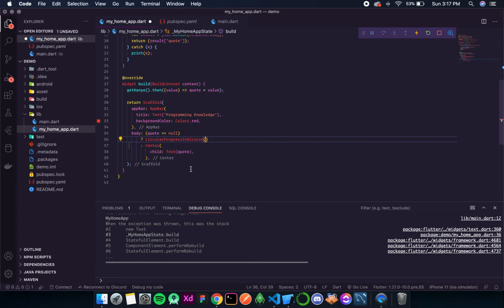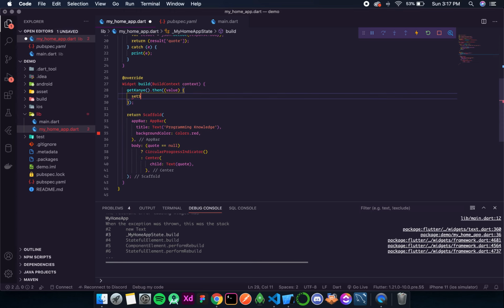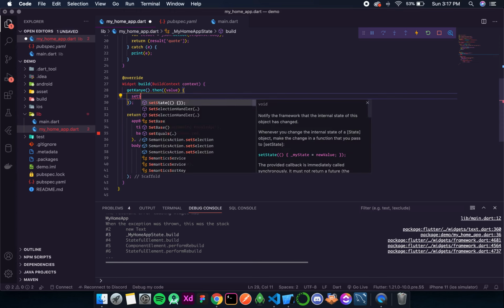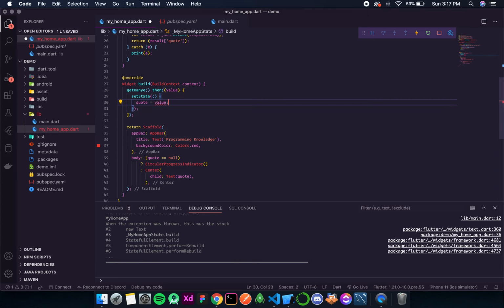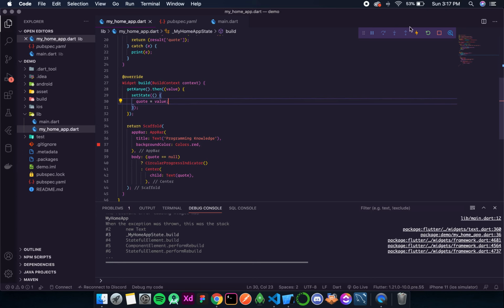So now what happens is that for the first time it will be null, and then this circular progress indicator will keep on working. Now even after we get the value, this will not update. And to update the screen, as we have discussed earlier, we need to call the set state method. So over here I'll write set state, and then inside this the value means, okay, so everything is fine.